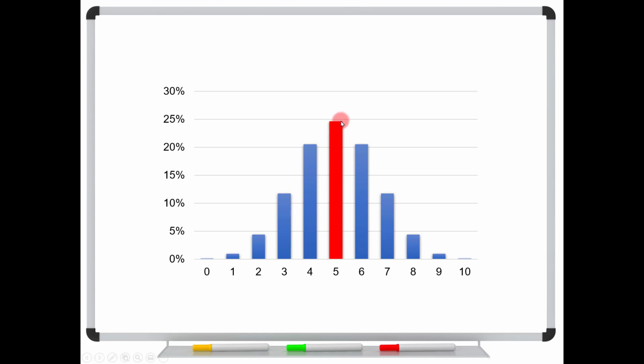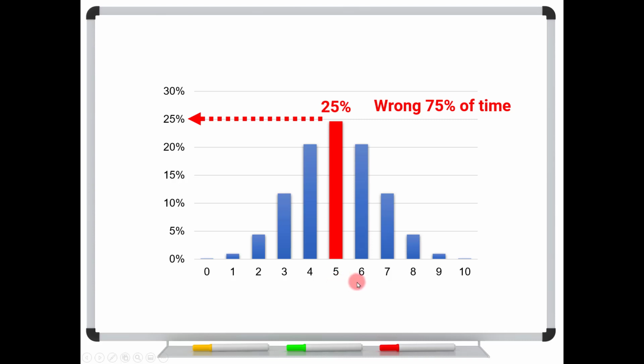What's the probability? It lines up with roughly 25%. And so yes, that means you're going to be wrong 75% of the time. So think about that. Your best guess is actually far more likely to be wrong. But the number 5 is actually your best guess. But let's also take a look at something else.